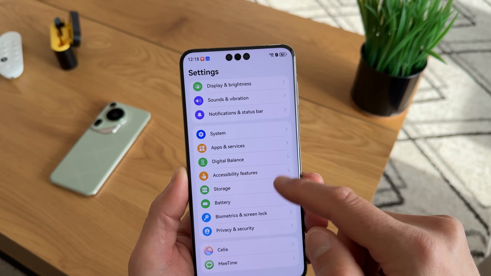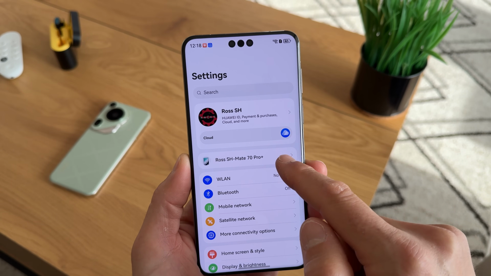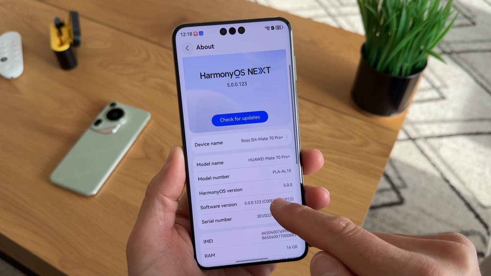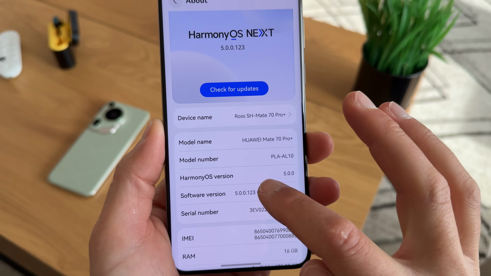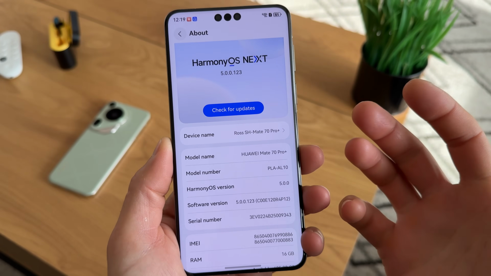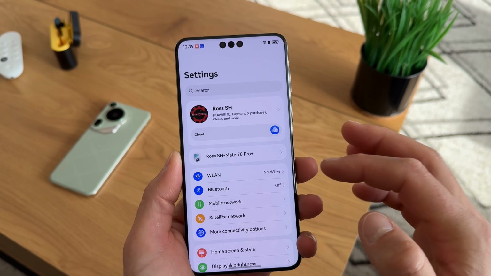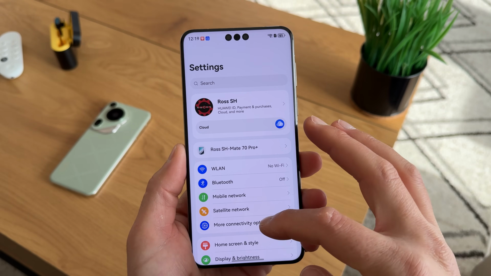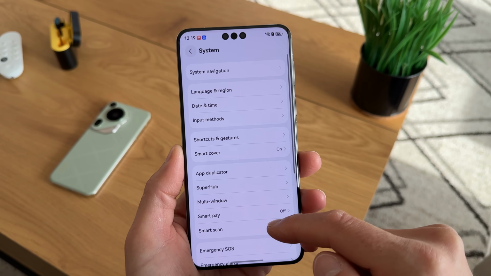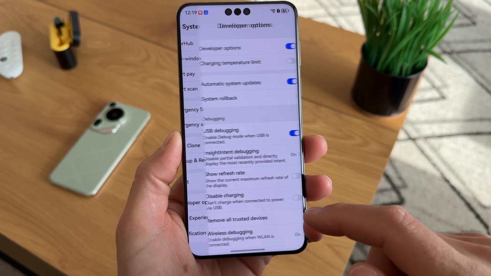How can you enable this downgrade? You need to go here in the upper part in the about device menu, and on the software version you need to tap 7 times. Developer options are already available. If they are not, it will ask for your PIN or pattern. After you are ready, these developer options will be enabled. When they are, just scroll to the system section, and from there you will find at the bottom these developer options. When you enable them,